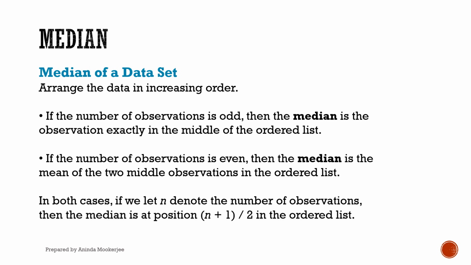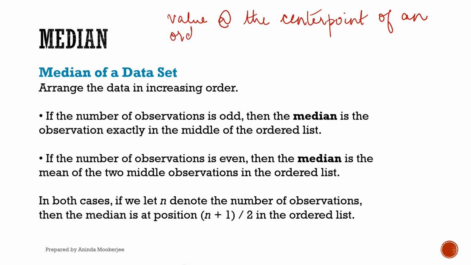We will now talk about the second measure of tendency, which is called the median. The median is the value that occurs right at the center point of an ordered data list. So it's the value positioned at the center point of an ordered set of data. So that's very important. It has to be